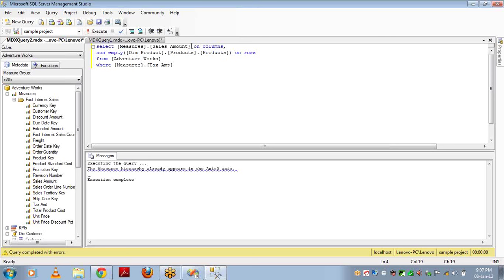If you want to pull the records that have data for tax amount, then you have to remove the measures hierarchy from all other axes, that is columns and rows in this case. So instead of that, how to give a blank column? You can give a blank column like this. And if you run this one, then it will pull you the product which has sales amount. But as I'm not showing any measure here, it is retrieving nothing.